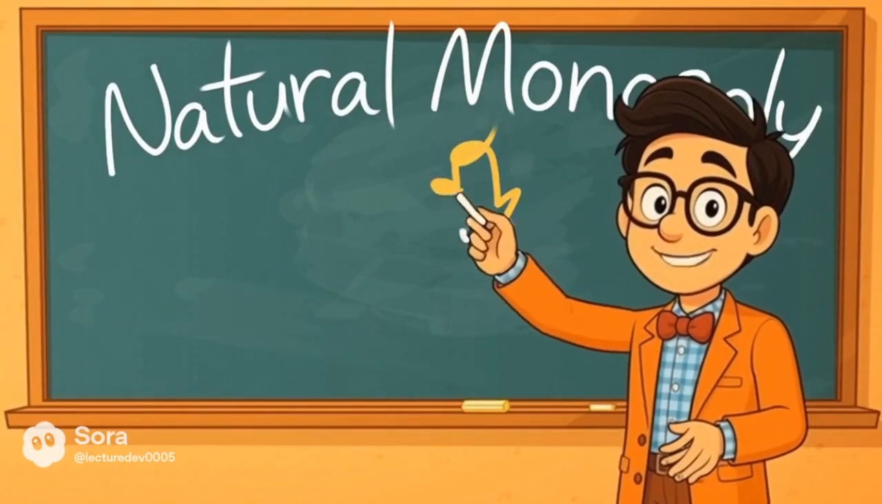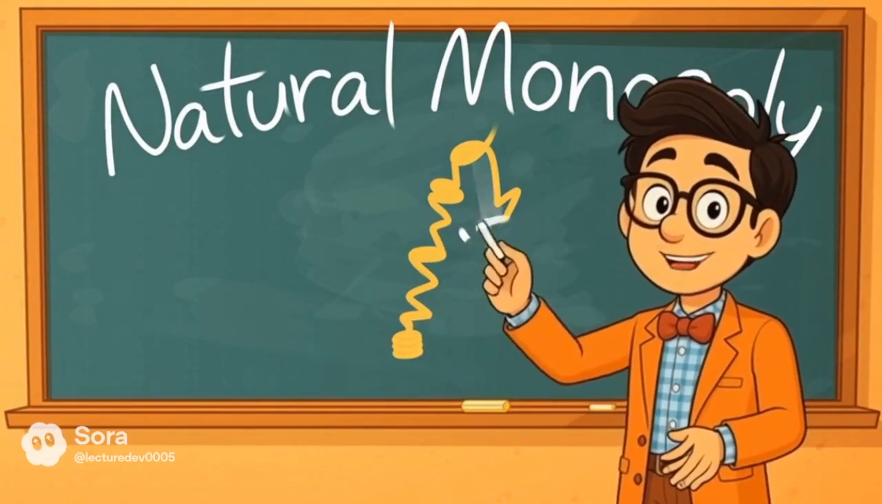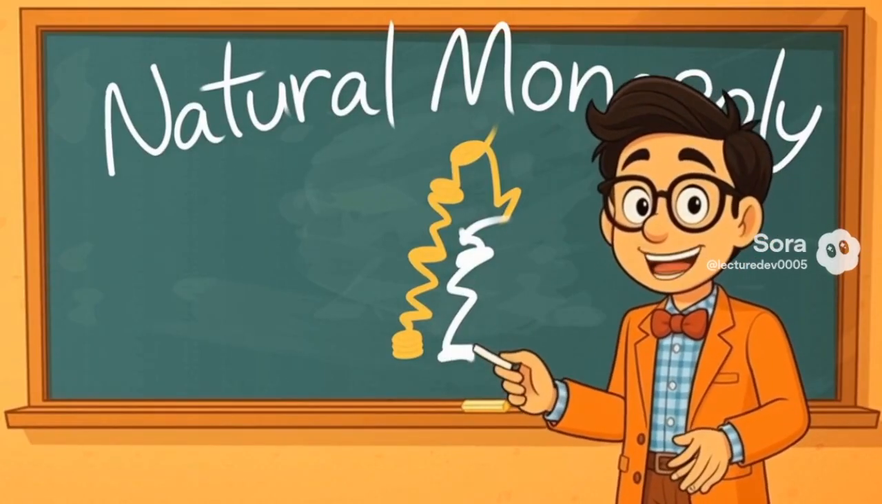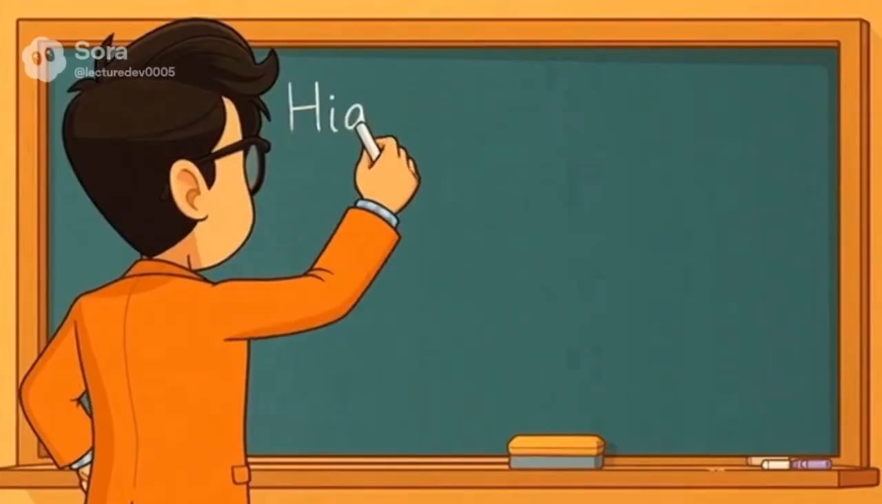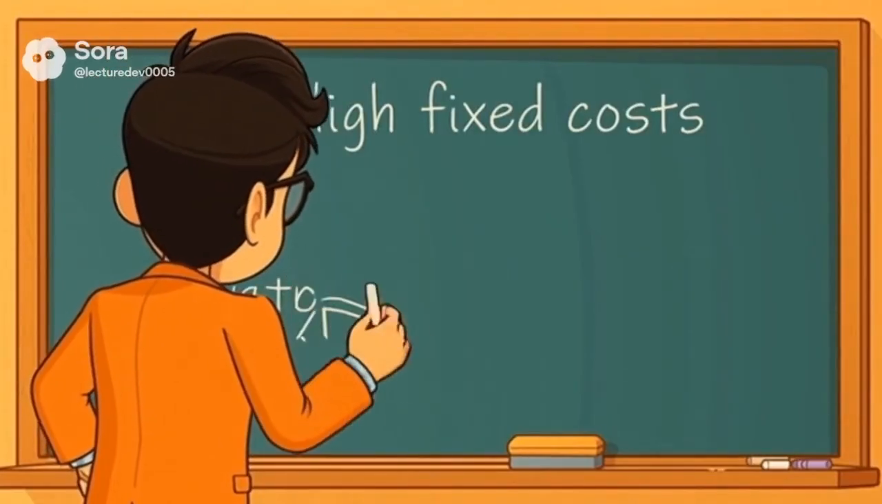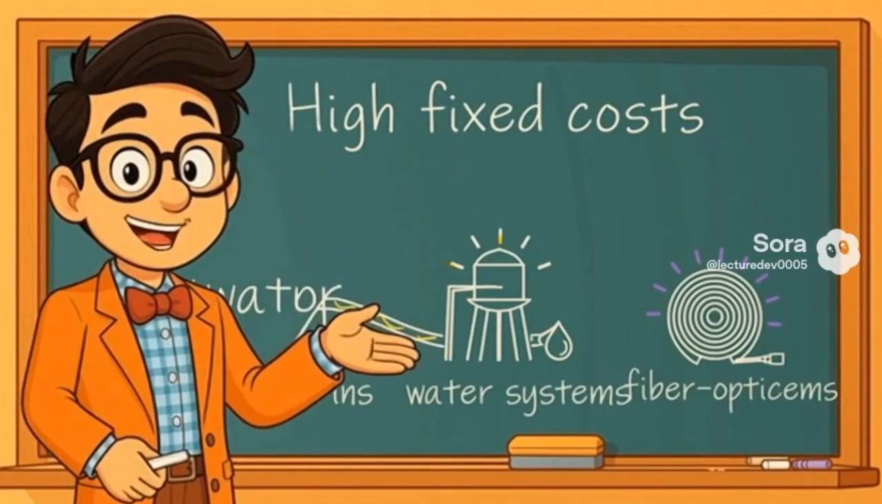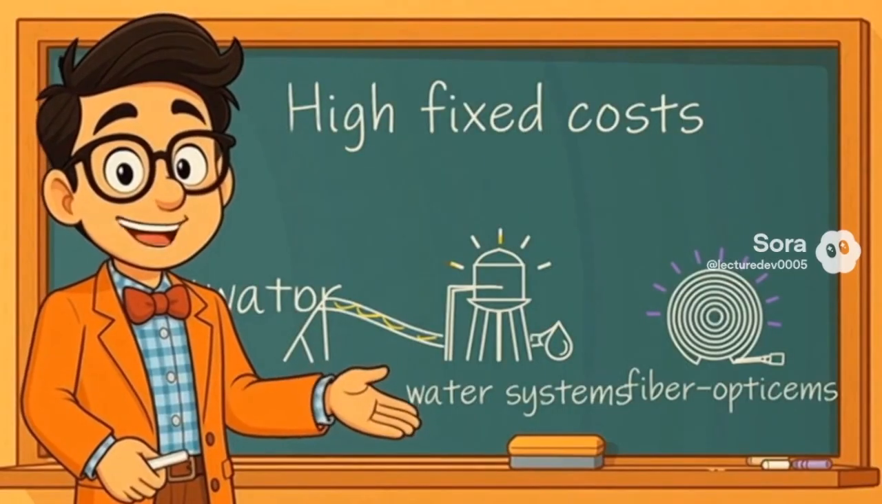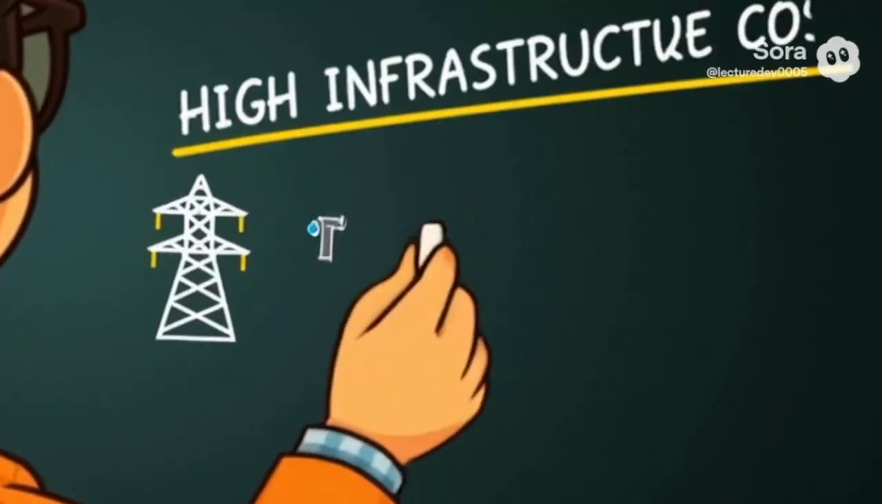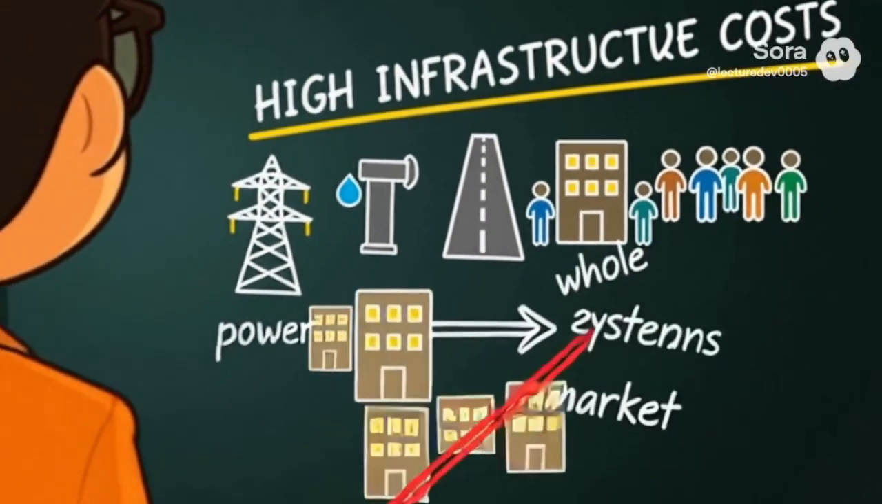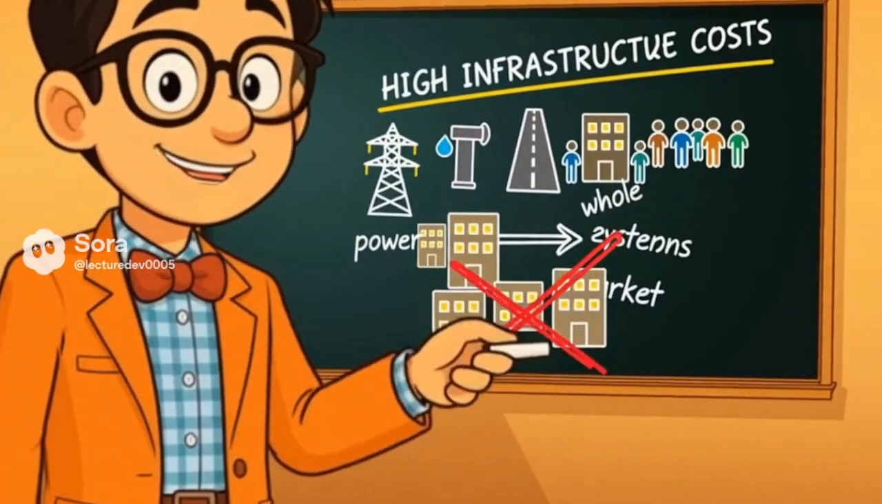Natural monopolies arise when economies of scale are so strong that average total cost keeps falling as output increases. This often happens when there are high fixed costs. For example, building power lines, water systems, or fiber optic networks. With such high infrastructure costs, it is more efficient for one firm to serve the whole market than to build